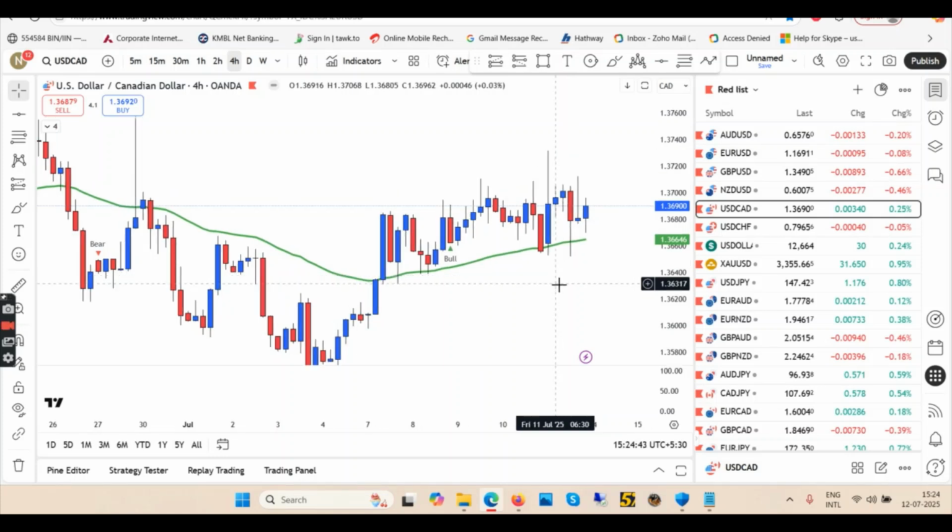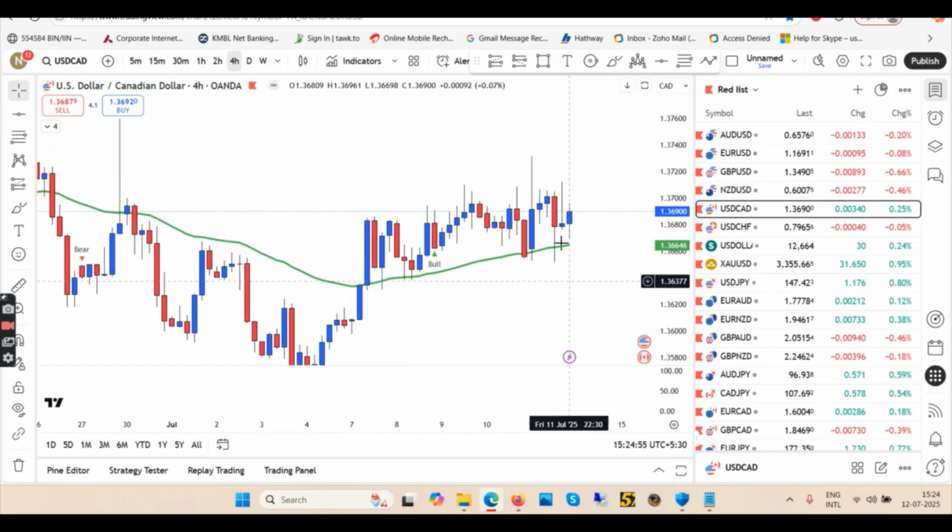So what I'll do is I'll leave this pair on Monday. I will let the market be more flexible on Monday. Let's see what happens. So I am not touching this USDCAD on Monday. And if you want to look for trades in this pair, look for longs only. Wait for the rejection to come from the EMA, the blue candle. I think this is your perfect setup. If you take your long here and then you go up, that should be fine.